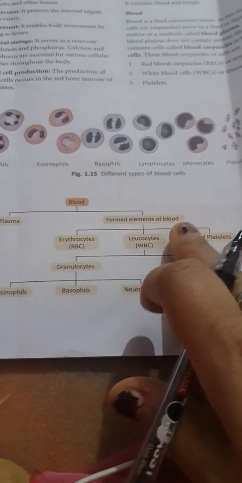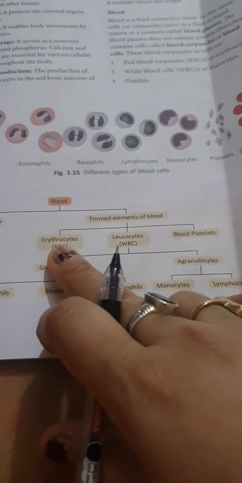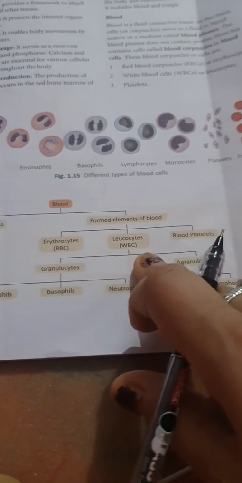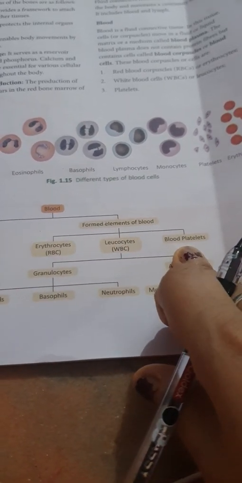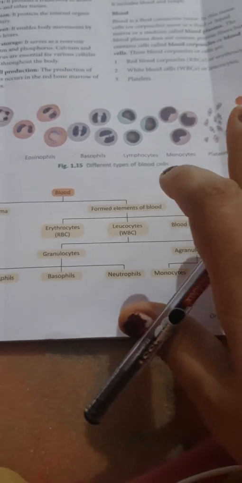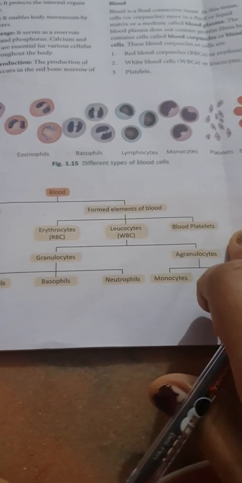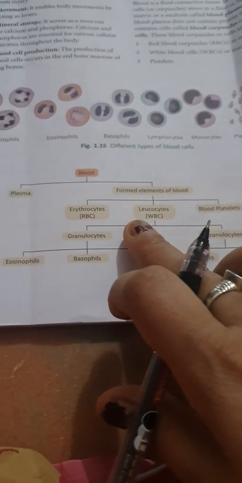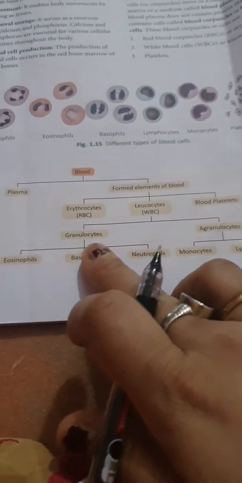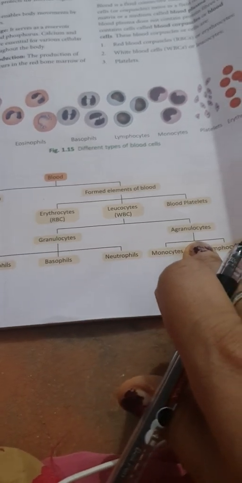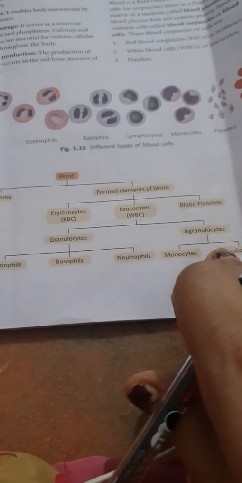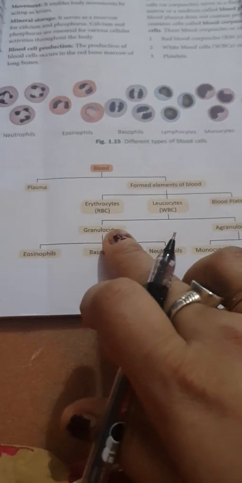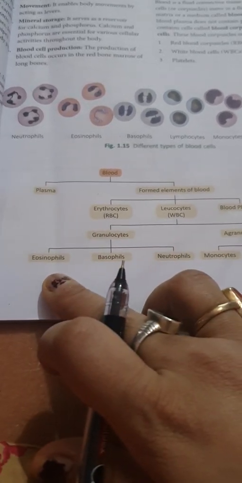Now these elements of blood are three. First is your RBC, erythrocytes, WBC, leukocytes and the blood platelets. So the three important elements of blood are WBC, RBC and blood platelets. Now this WBC is differentiated into two parts, granulocytes and agranulocytes. Now this granulocytes is differentiated into three parts, eosinophils, over here you can see in the picture,